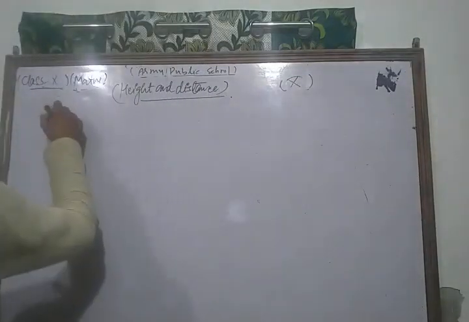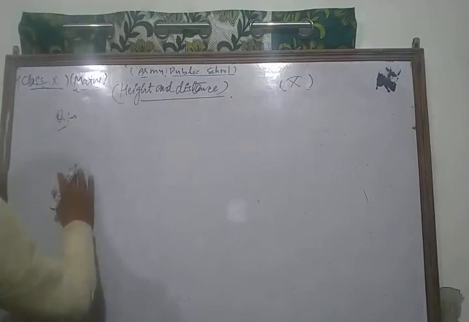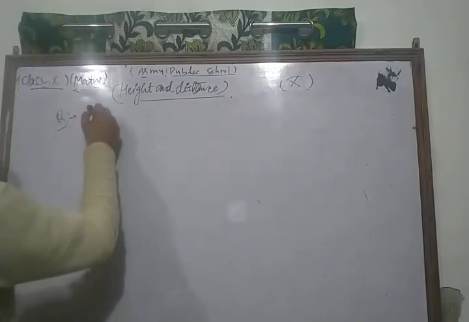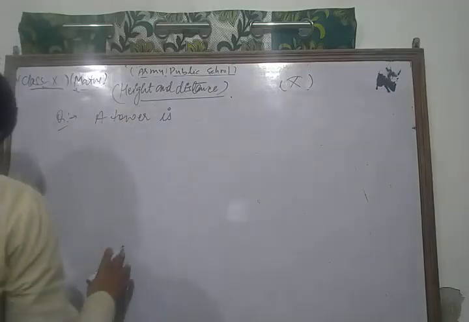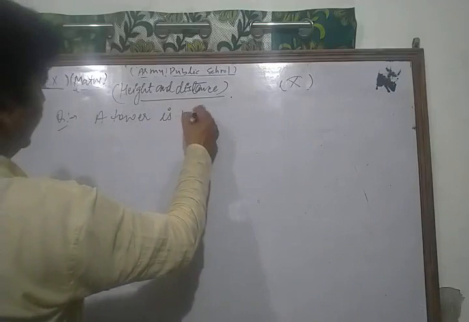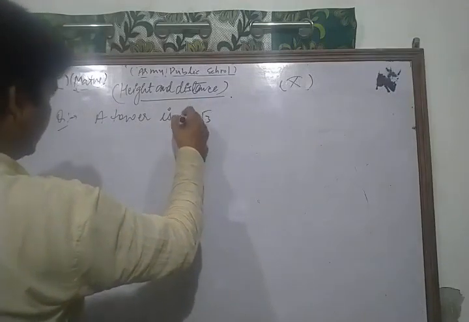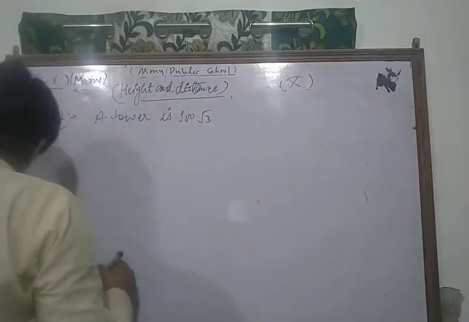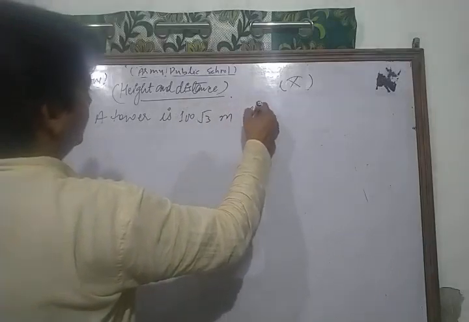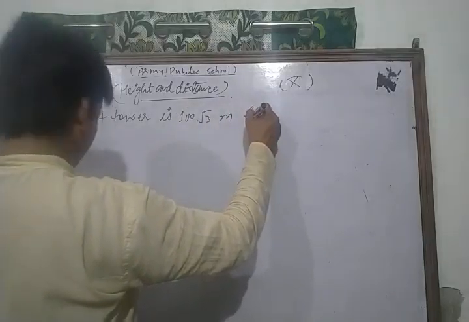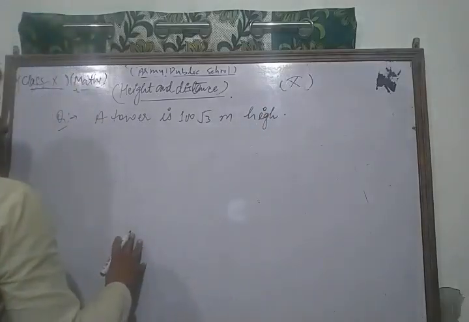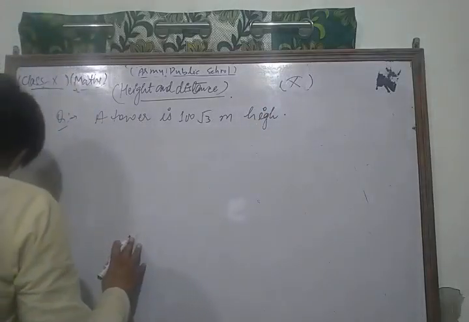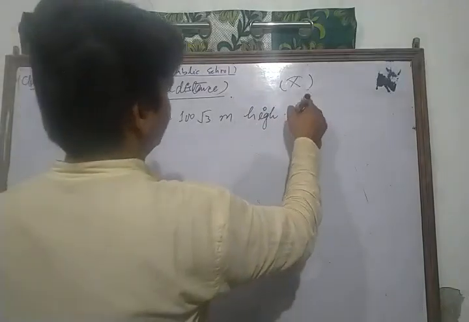Now we take a very important question, and your question is: a tower is 100 under root 3 meters high. Find the angle of elevation